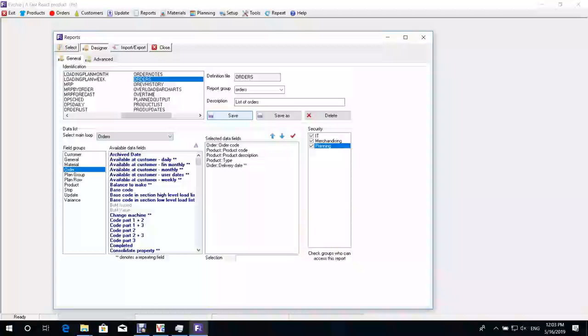Now, this has generated purely the definition file in the background. So the next step would be to actually design the report. So say which fields go where and the formatting of this report. To do that, we go back to the select phase, to the select tab,